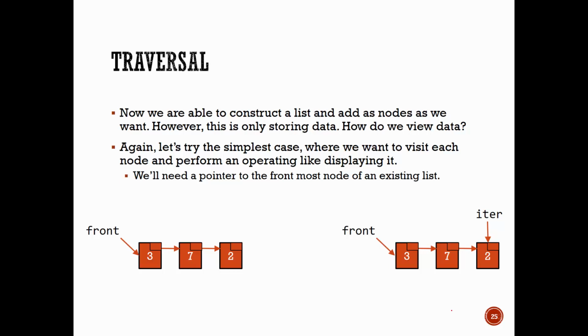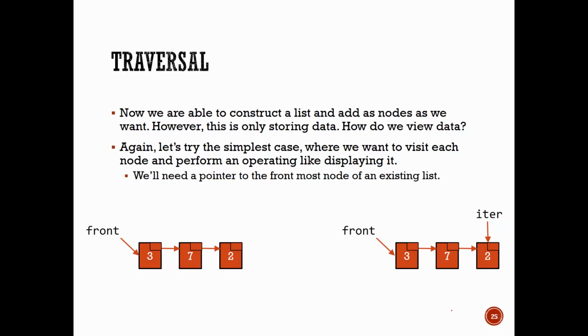Now of course this won't always work because we may have very large lists, which have so many elements in there we can't possibly write out enough print statements to display everything. So how in general do we display data? We display it with a traversal. The idea of a traversal is a way of visiting every single node one at a time so that you can perform some operation on it. For example, display, or maybe increment, or maybe something else.